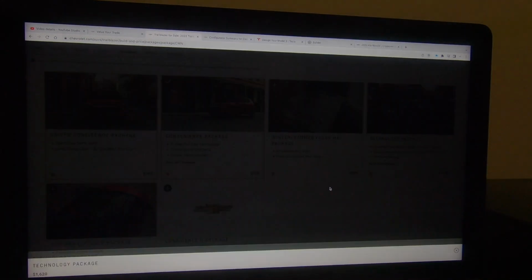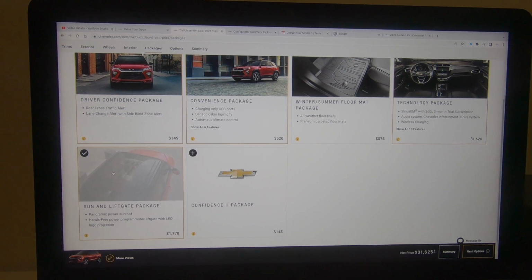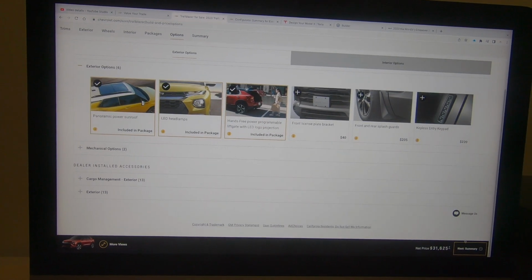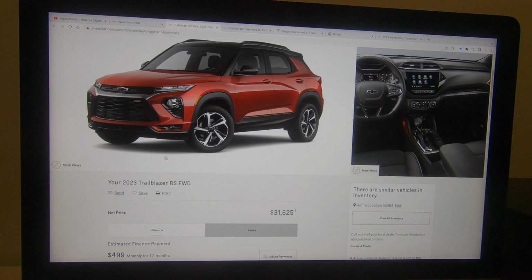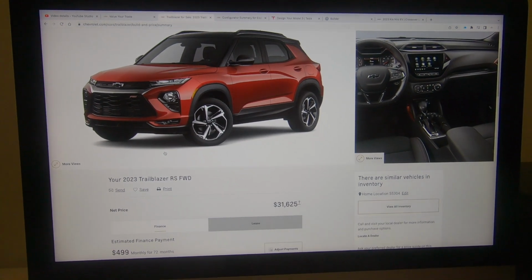It's a good package, so we go ahead and select it, and then we also add the sunroof and the liftgate because we want it to be similar to the Bolt EUV, and there you can see we're already at $31,625. So when you build it out, a 2023 Chevy Trailblazer RS front-wheel drive, very similar car in size and dimensions to the EUV, comes in at